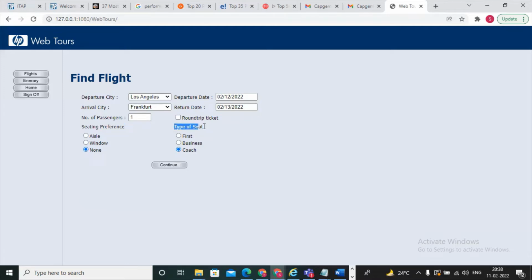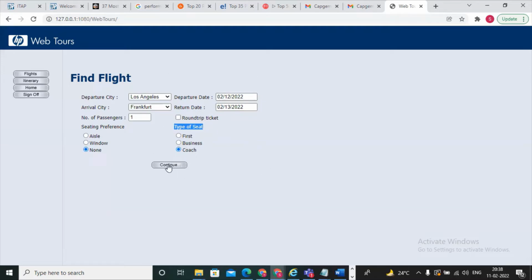And apart from this, there is the type of seat. We are selecting, say, the business class. It depends on the money, depends on the availability. Each and every person selects the coach, right? Seat preference like first, business coach or coach. So based on that, it is changing. It depends on person to person. That is why these also are dynamic values coming from the application side.